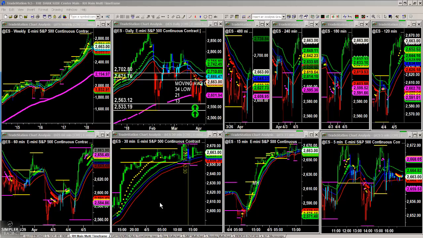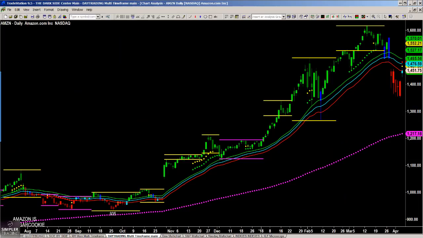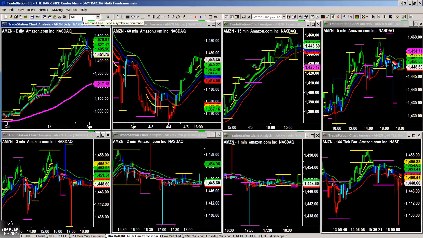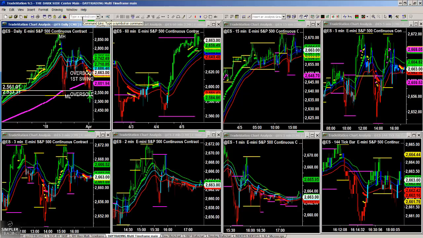But there are certain time frames, and this part is rigid, that are visual anchors that will open the door to you considering other time frames. In other words, if I don't have a trend on the daily time frame, I will not look for setups along the 480, 240, 180, and 120. In fact, right now I could probably just get rid of those charts because there are so few daily time frames that have a trend. I'm not going to look for longer term intraday clarity if my daily isn't trending.